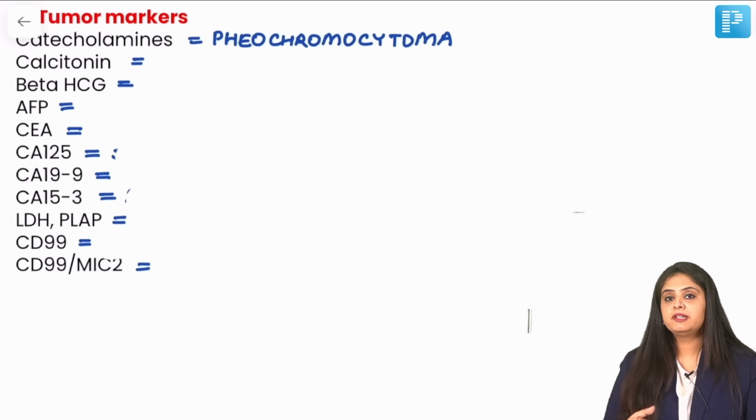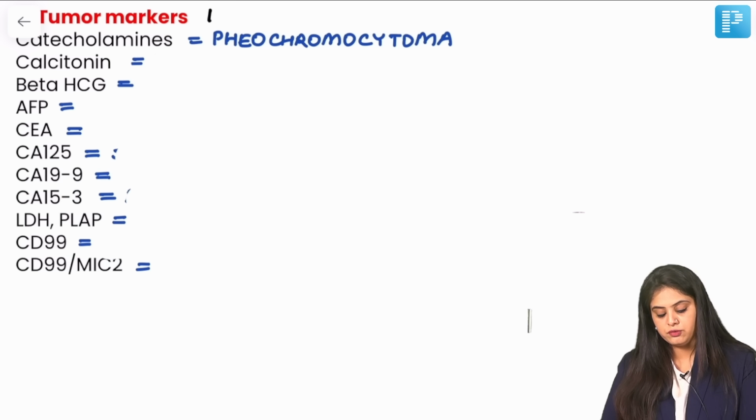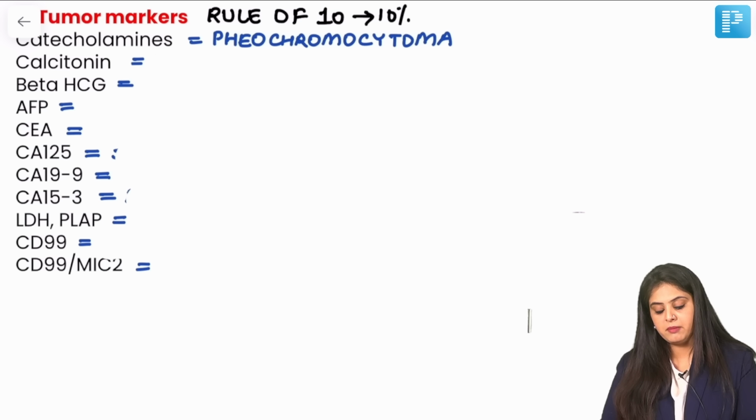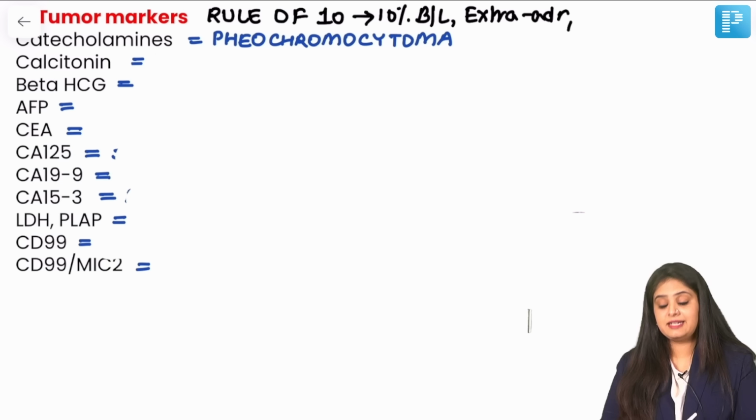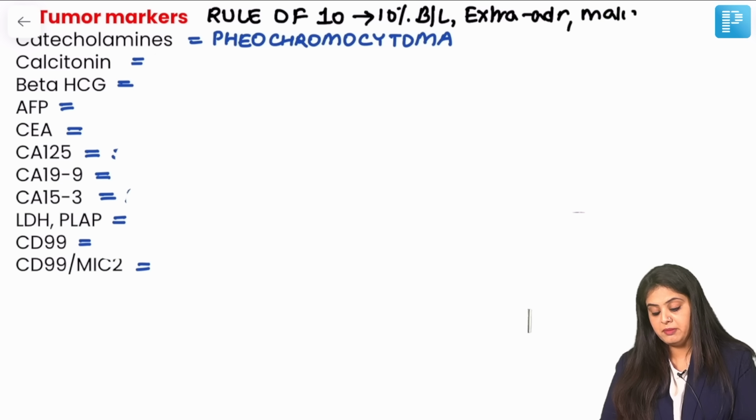I hope you remember it's an adrenal gland tumor, and it tends to follow the classical rule of 10. So now this is something which I just want you to know, that only 10% of them are going to be bilateral. 10% of them have a probability that they might occur outside the adrenal gland. 10% of them can also be malignant, can show metastasis. But please note,